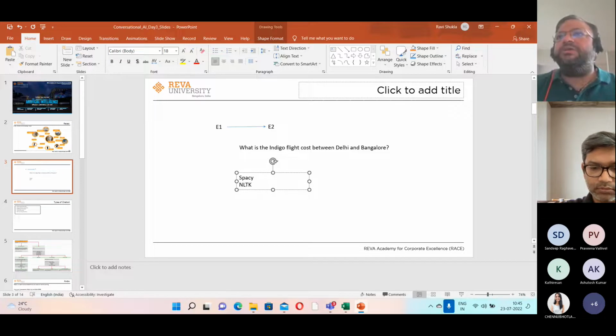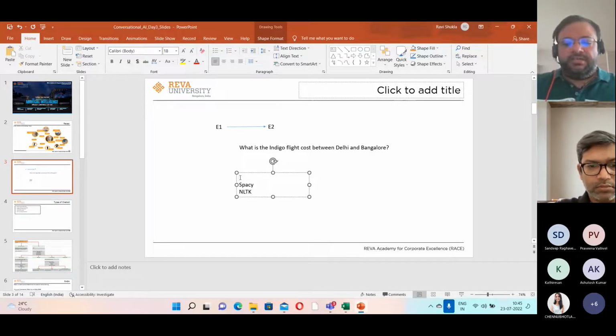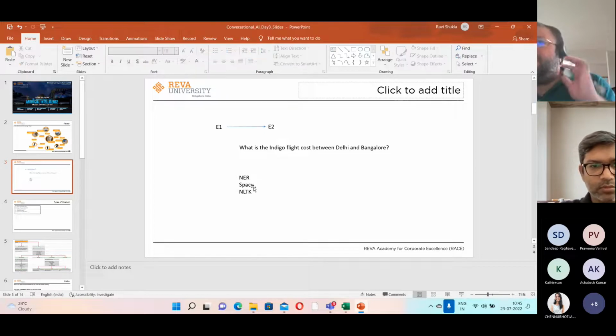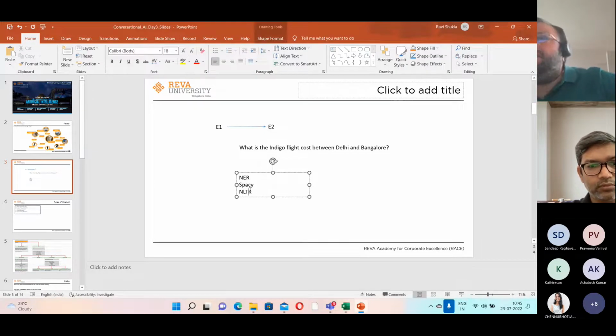NLTK. Okay, one thing I forgot mentioning is you need to do entity identification, also known as NER, as well. Some of these libraries have a very limited set of entities, but some have a lot of entities. Feel free to choose whatever works for you, or you can custom train your entity recognition based on the entities you expect the knowledge graph to have.